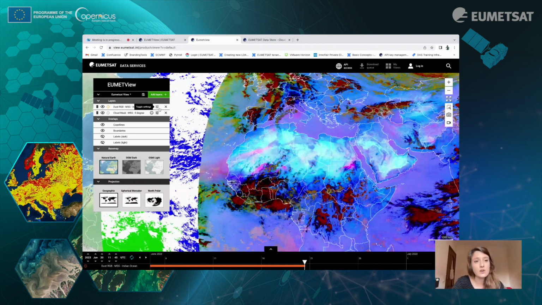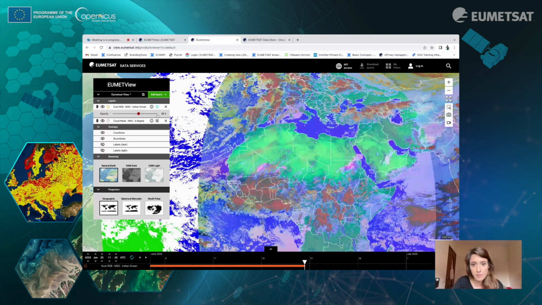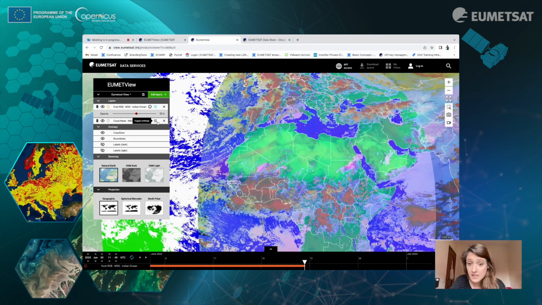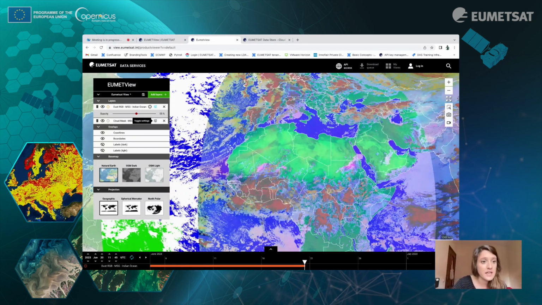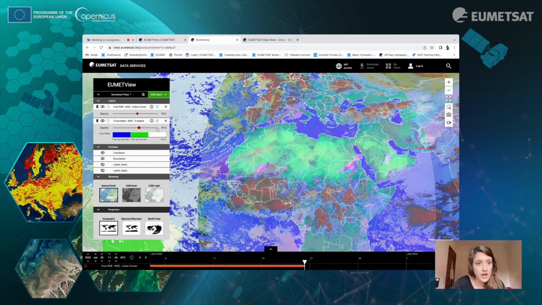And I can also decide on how much opacity I want. So of course, it's much more comfortable to make one of them at least a bit transparent, so you're sure that you can see all the data that you have. You can literally choose whatever you want. You can modify however you like them.